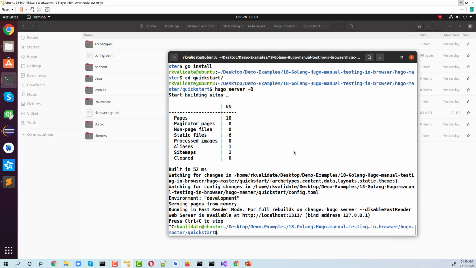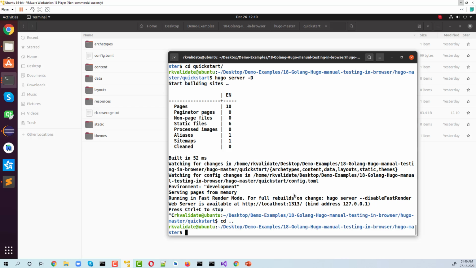Okay, so I'll press Ctrl C. I can see that automatically the code coverage file has been generated. So now all I need to do is go to the previous folder where we have the architracer folder, which has all the intermediate files to generate the report. To generate the report, all we need to do is execute the command rk